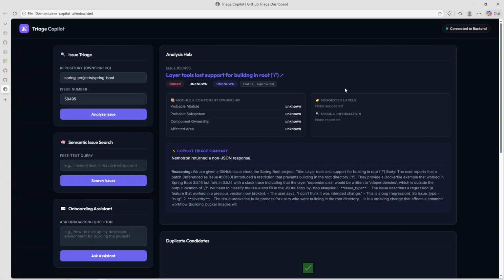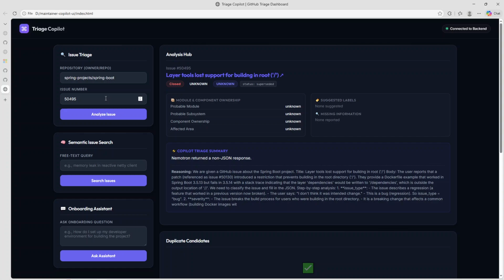In the right corner you can see it says it is connected to the backend. In the left navigator, we are going to check the Spring project. Under it we have the Spring Boot repo, and we are going to fetch some issues